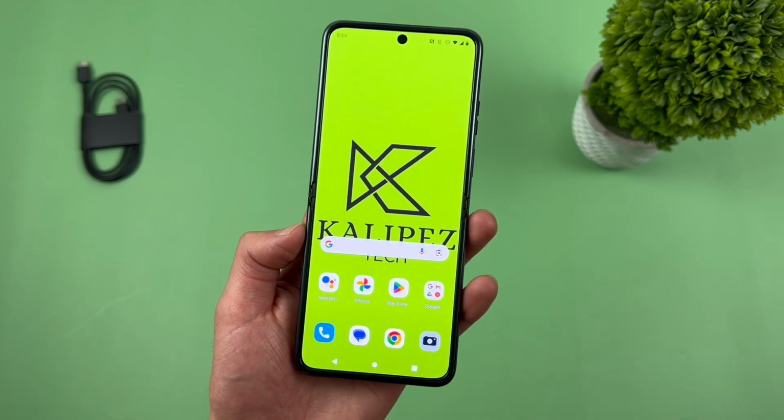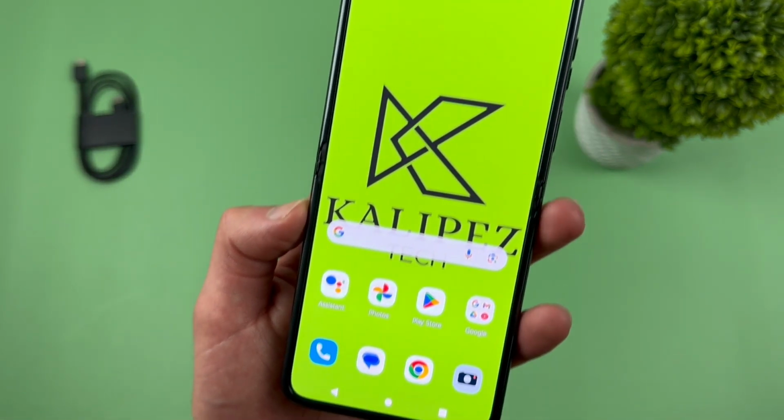In this video, I'm going to be giving you 5 reasons why you should buy the Motorola Razr 2023 and